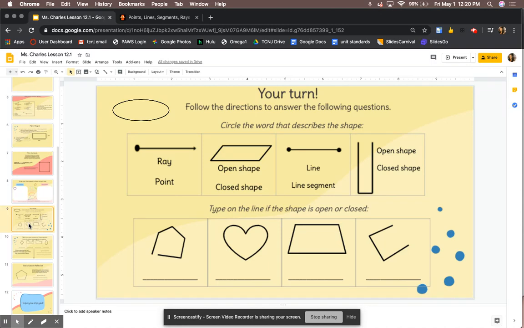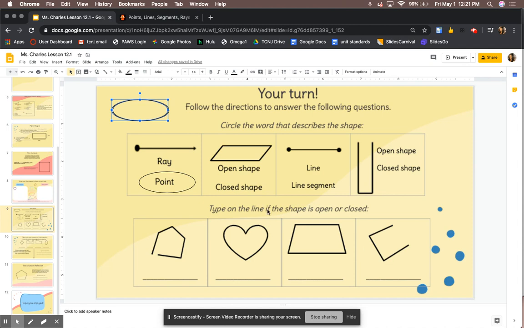This next slide is your turn. So it says follow the directions to answer the following questions. For these four, it says circle the word that describes the shape. So up here, we see these circles. You're going to click, then it allows you to drag it over. So there's 4 circles here for 4 questions. So if we wanted to drag them over, we are able to,